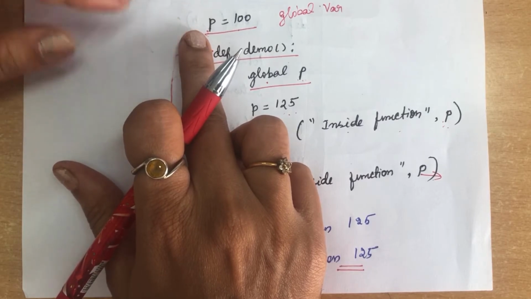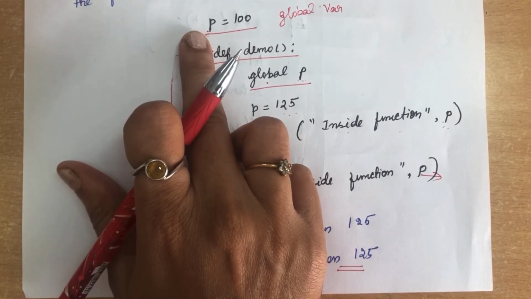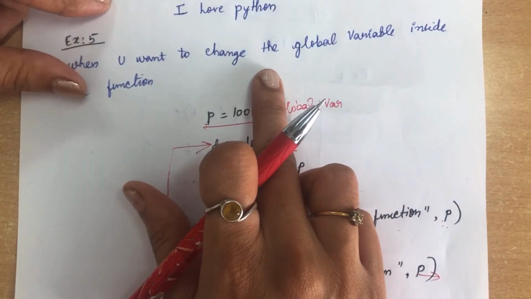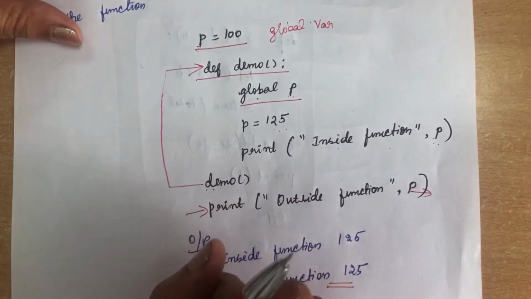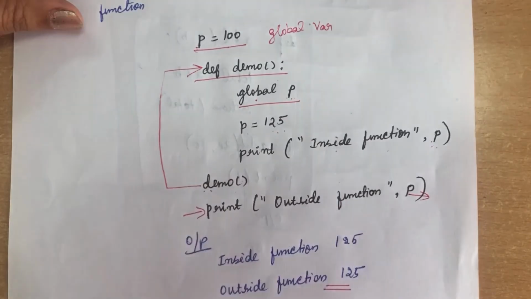So we have seen so many examples for this, that is, how to read a global variable from a local scope, and then we have seen how the local variables cannot be used in global scope. Third example we have seen, where the local and global variables have the same name. And fourth is when you want to change the global variable inside the function, what statement you have to include. So these are the examples we have seen for local and global variables.